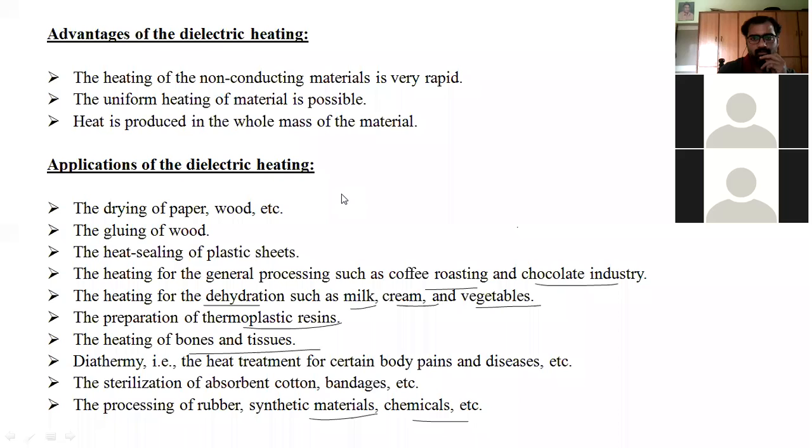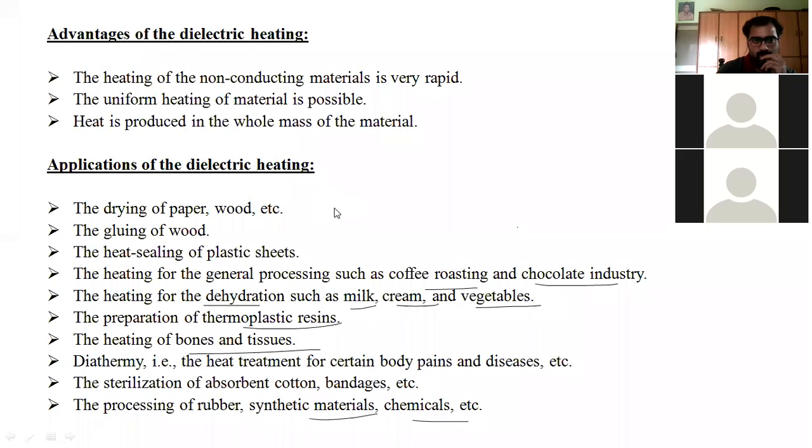Okay, from that we have completed the induction, and the last topic, dielectric heating, for today's class we have completed this. How the atoms are going to be transferred to the positive plate and negative plate due to the application of high frequencies, that is high voltages, and the alternating electric field. Due to that, how the heat is produced by the material, and how the heat energy is utilized for heating up your charge. And we have seen the phasor diagram and some of the advantages and applications.